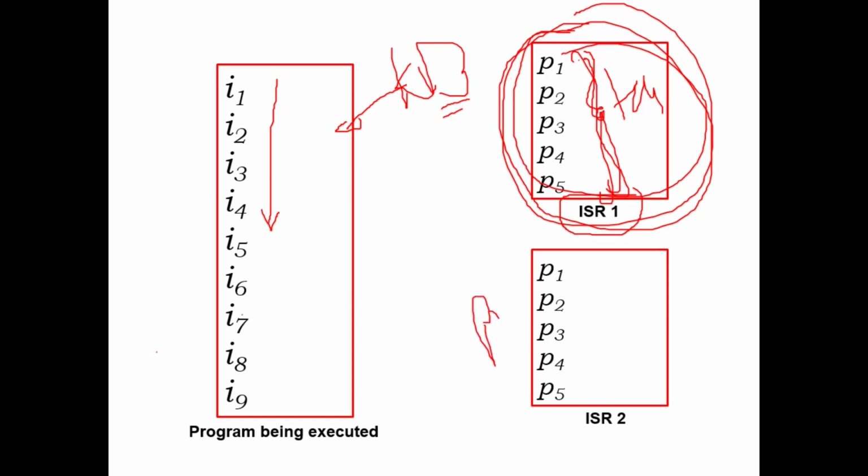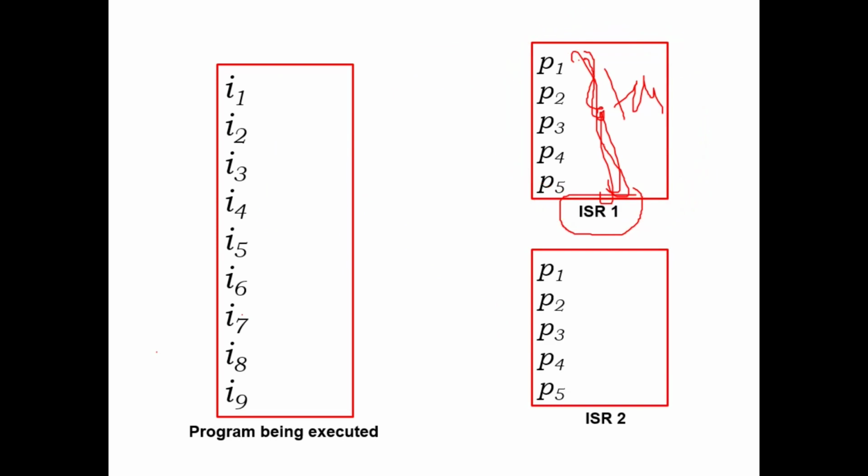Suppose a printer output device interrupts the processor. The printer is the output device. When it interrupts the processor, that means the printer is now idle. It requires some data to print. So what task does the processor have to do? The processor has to fetch some data from the memory and give it to the printer buffer so that the printer starts printing it. So that task of delivering data to the printer buffer is written as a subroutine. It is called the interrupt service routine for printer interrupt.